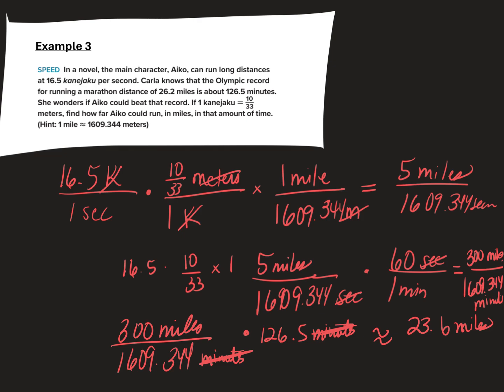So I know that according to this, Aiko would not beat the Olympic runner because